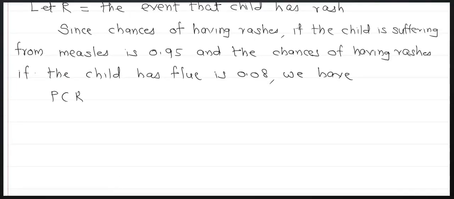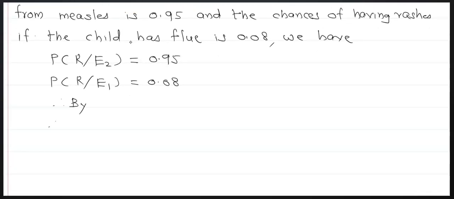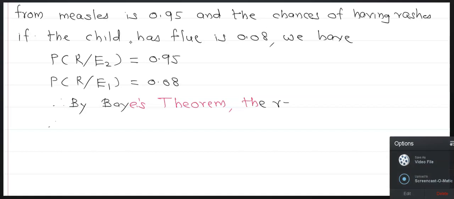We have probability of R conditional E2 is equal to 0.95 and probability of R conditional E1 is equal to 0.08. Therefore, by the Bayes theorem,